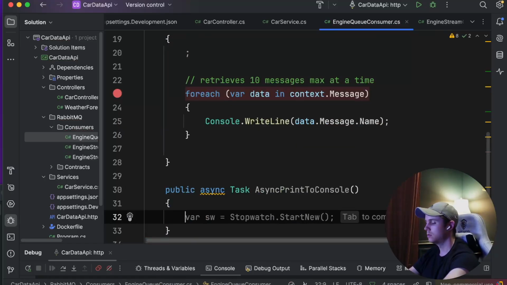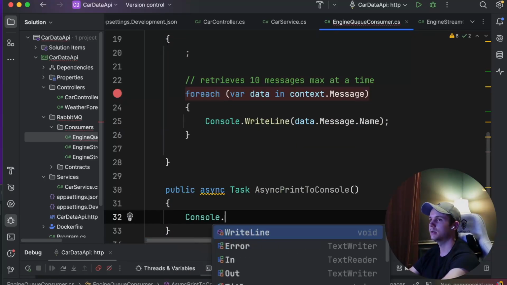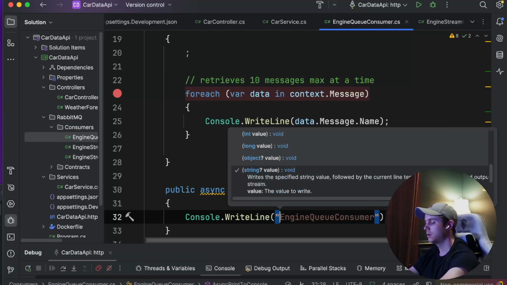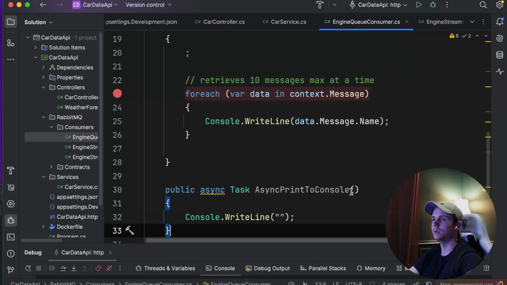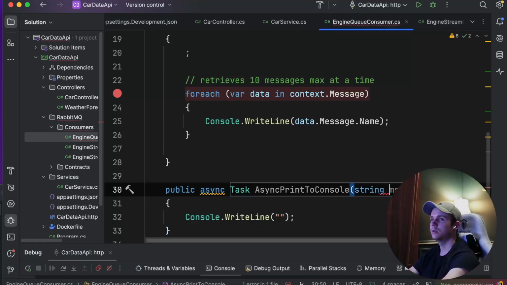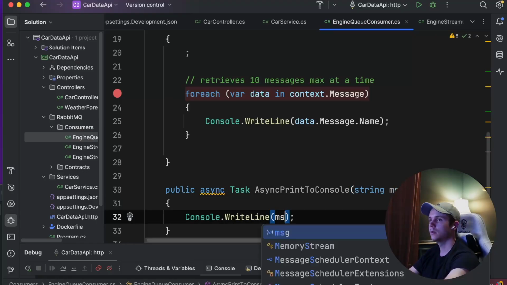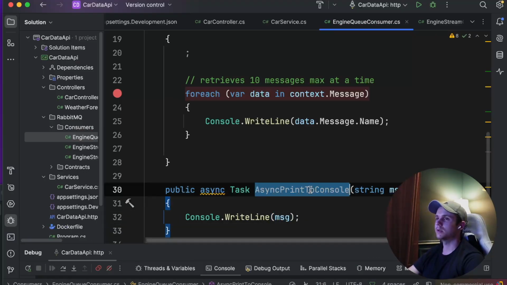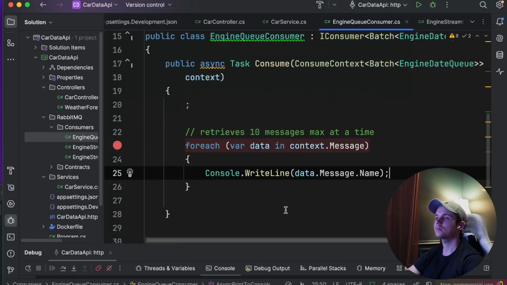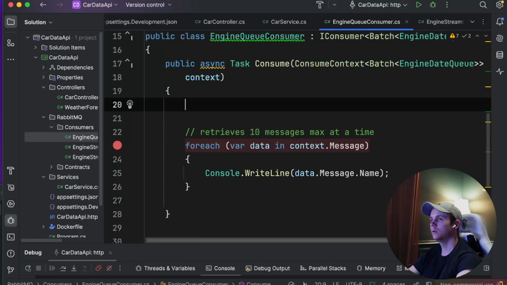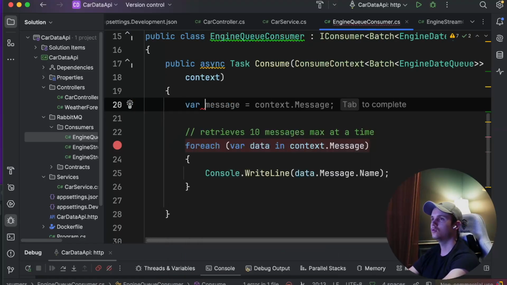Now I'm going to do console dot write line. And then I'm going to give it my string. Sure, I'll take autocomplete's message. Okay. All right, so now var task is equal to